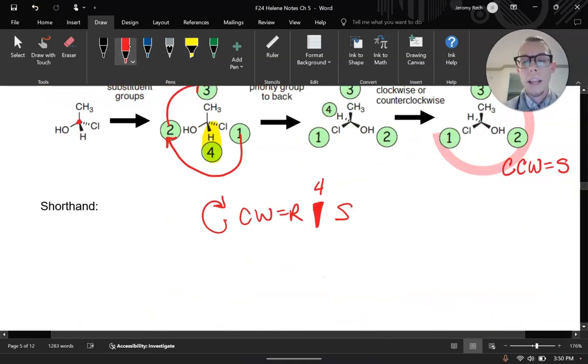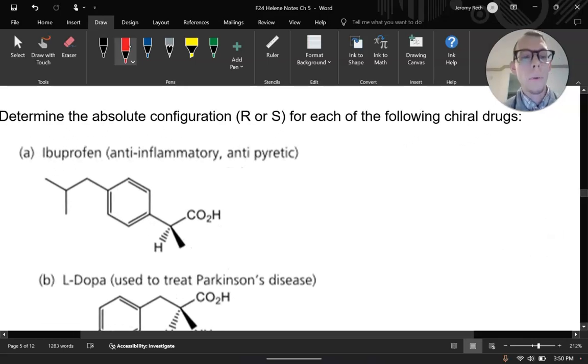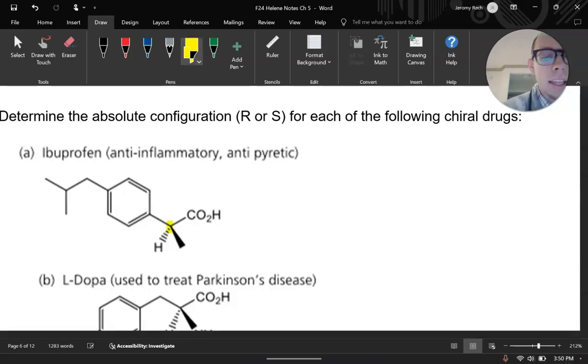Let's go ahead and look at one last example, and then we'll end the video. So here we're going to look at ibuprofen. We are going to focus on this, which is going to be our chiral center. I know that it's going to be a chiral center because I see wedges and dashes, and the 4 different attachments are all going to be different. If I'm doing my quick comparison,